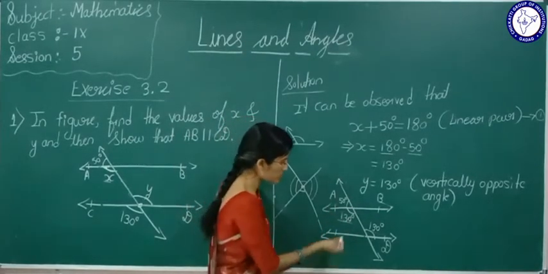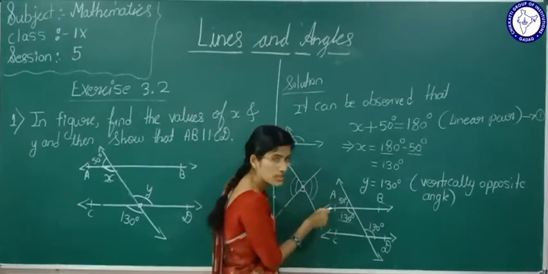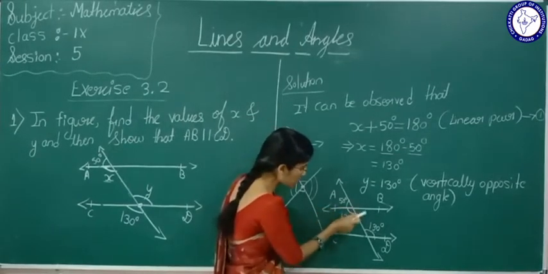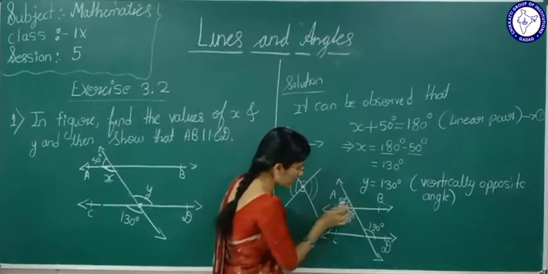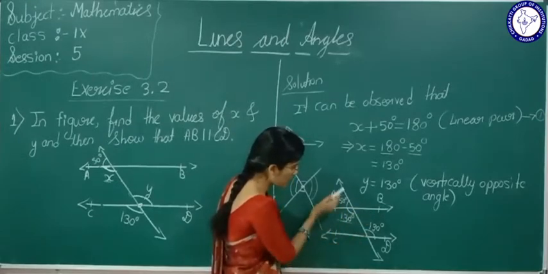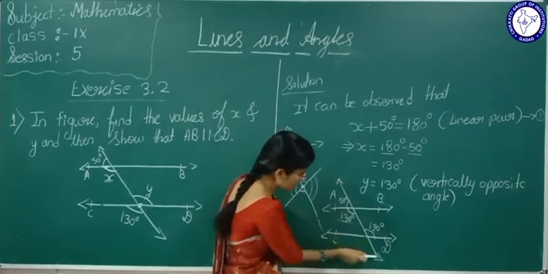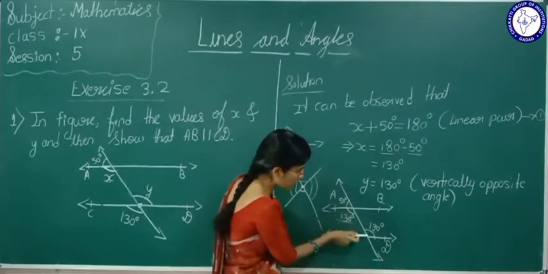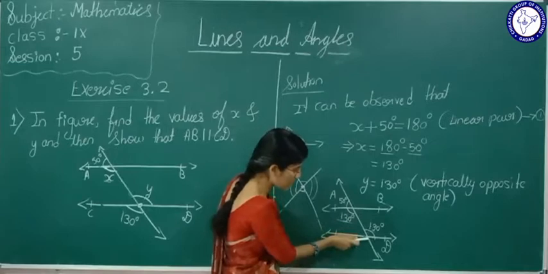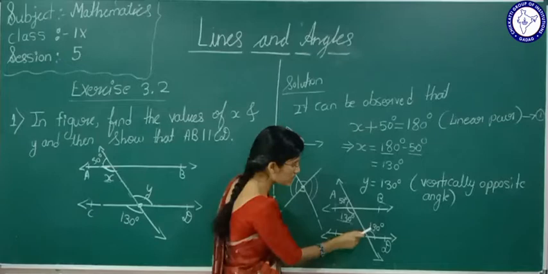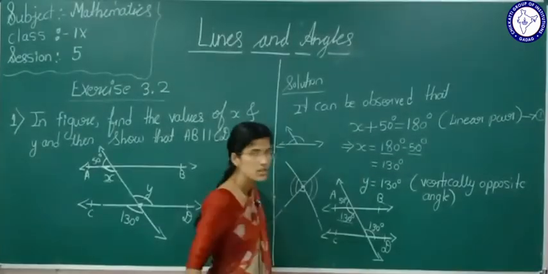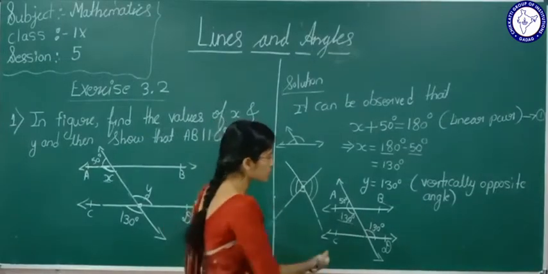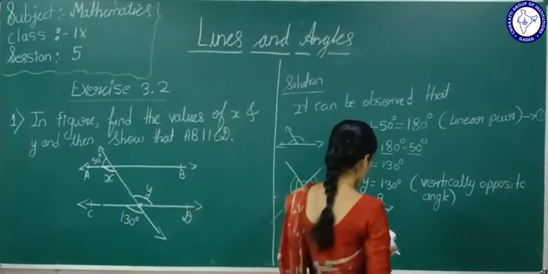Here I will explain once more. Here we have learnt one theorem. If two lines, we will take AB and CD as the two lines, and a line is intersecting them at two different points such that alternate interior angles are equal, then definitely AB is parallel to CD. Okay, whatever I told you, I will write it.